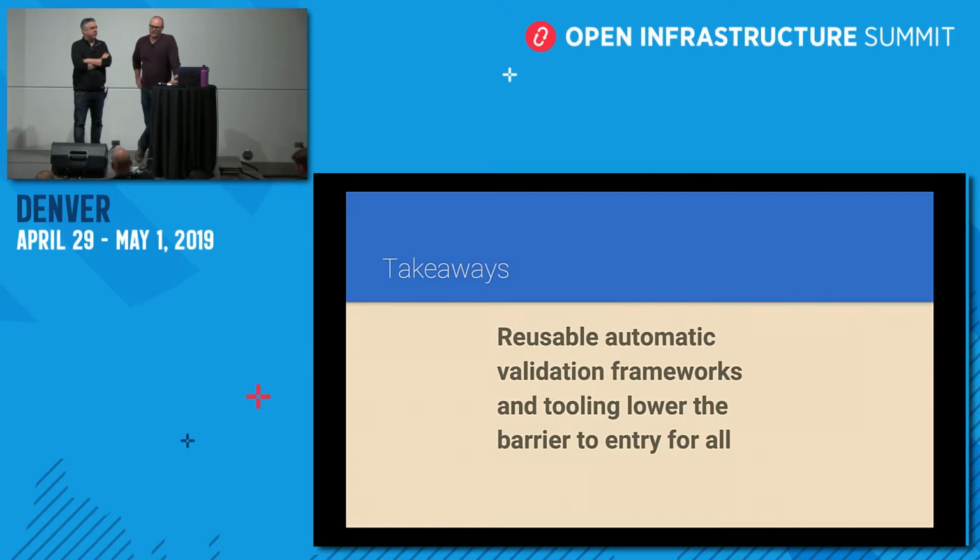We have a project we call Stadium Gate, which is common CI infrastructure that anybody in our organization can plug into. Not only do you not have to set up your own Jenkins and whatever else, but you also can reuse a lot of these modules. So you can say, I'm building containers and running them through this CI pipeline, and I want to make sure that they meet Cisco's PSBs.